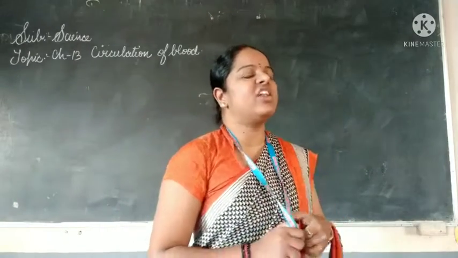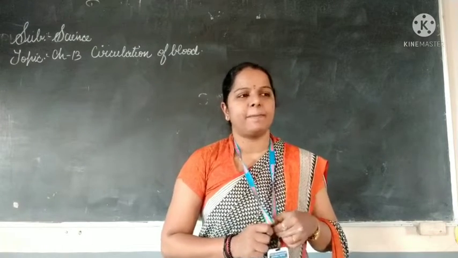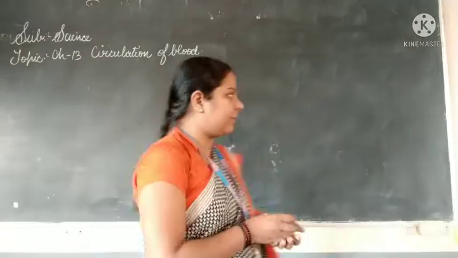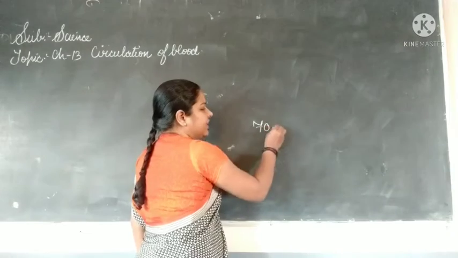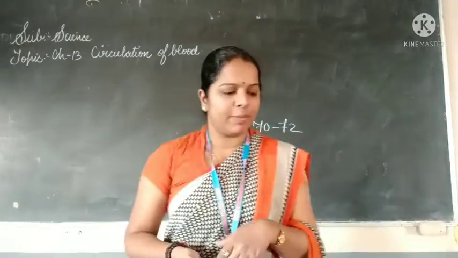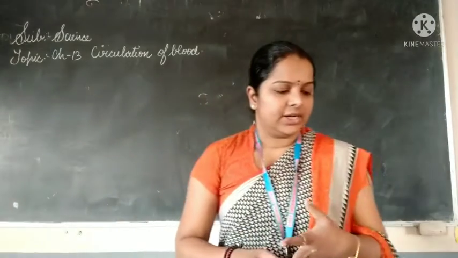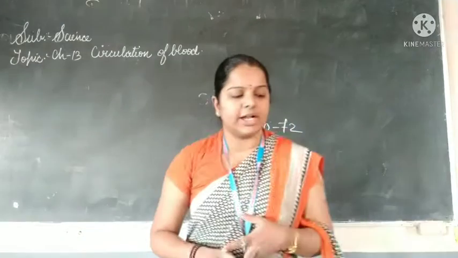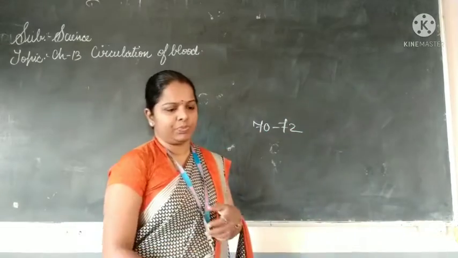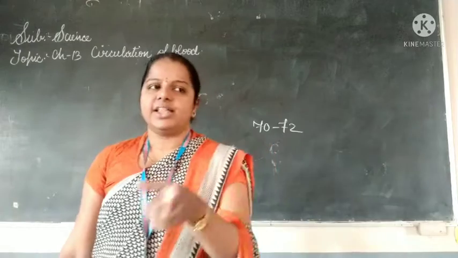Already I said, what is the normal heartbeat? How many times does the heart beat? 70 to 72 times. That means from 70 to 72 times the heart is beating. Understood? That is normal. So see the tabular column: serial number, details, number of heartbeats in normal condition. What will be there? 72. In the first box, 72, 70, 72.